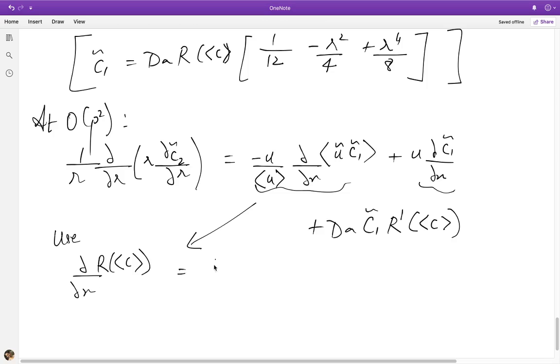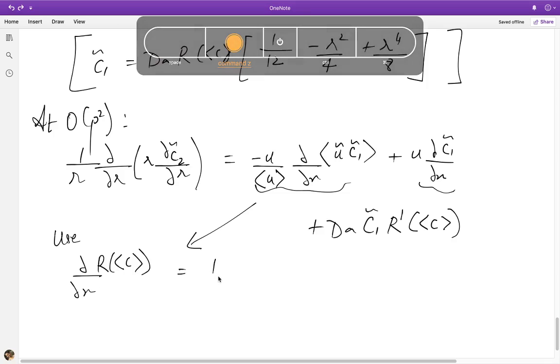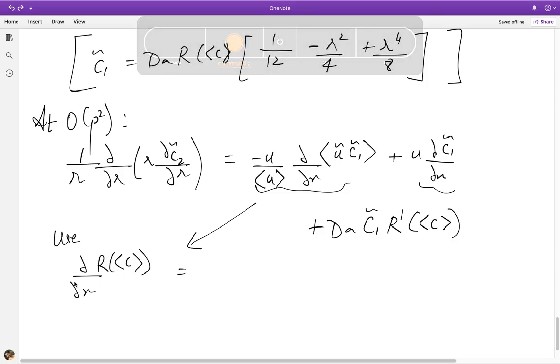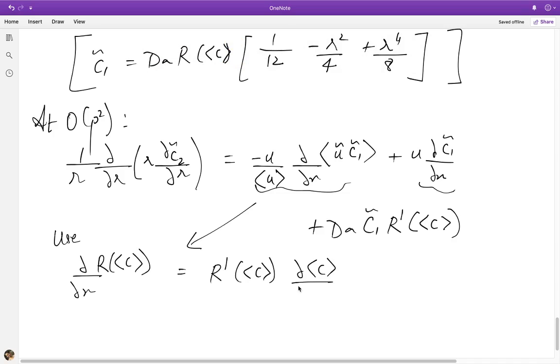There's no Damkohler number here, I'm just trying to derive an identity. So this can be written using the chain rule as R prime of C